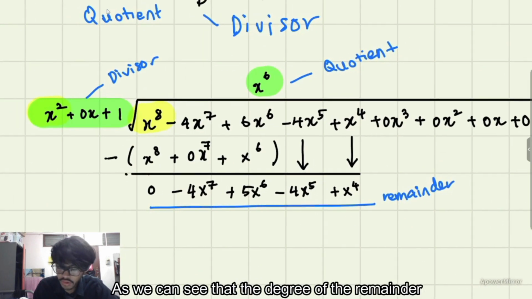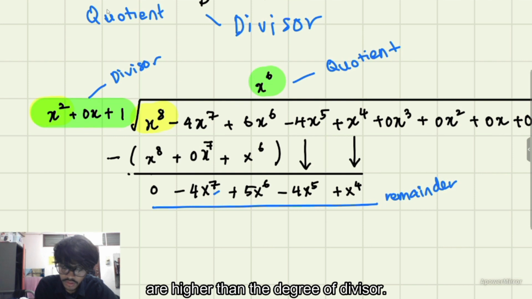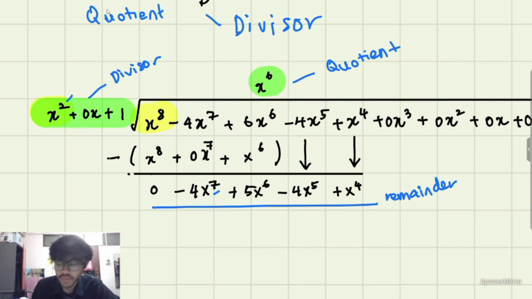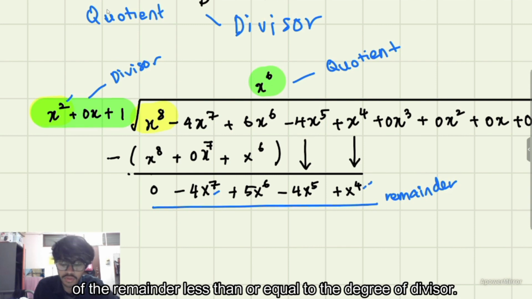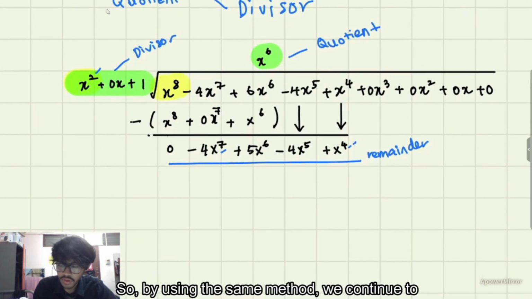As we can see, the degree of the remainder is higher than the degree of the divisor. So we continue to do the division until the degree of the remainder is less than or equal to the degree of the divisor. So using the same method, we continue to